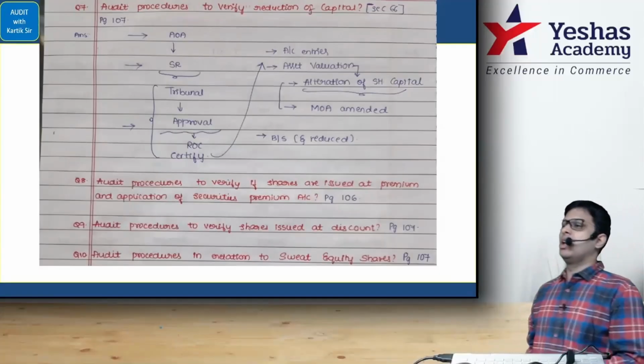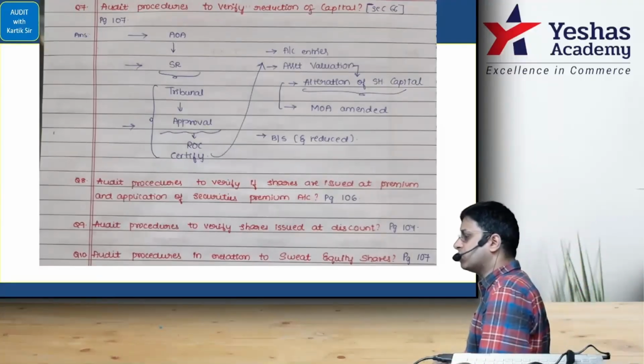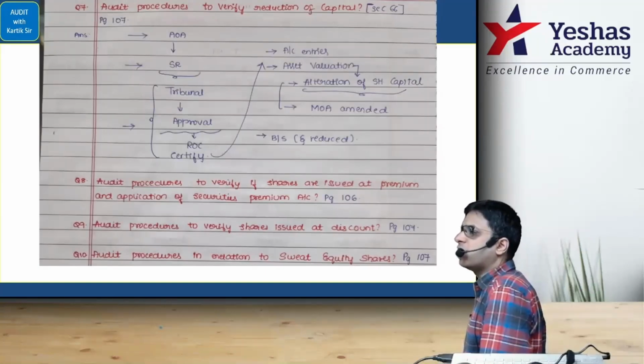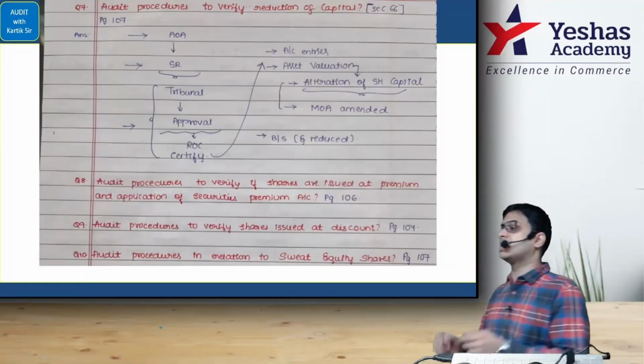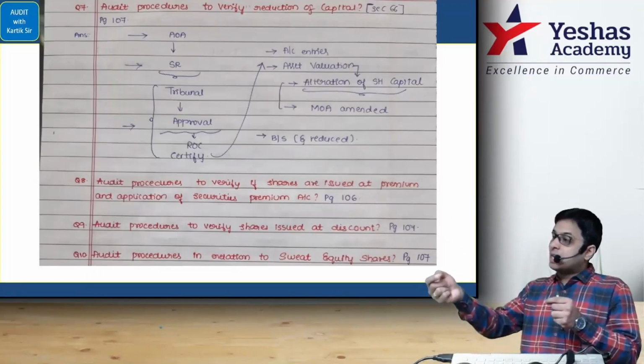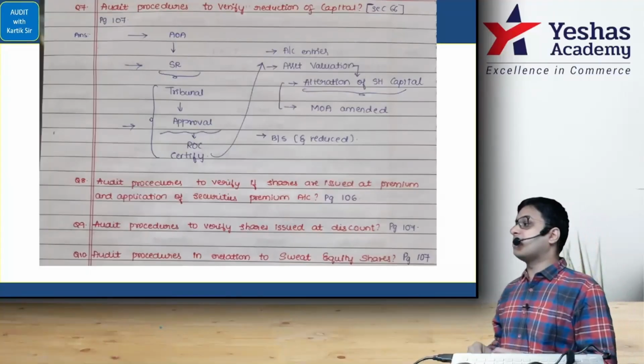Look here. Reduction of share capital is a section in your Companies Act which you learn in the law syllabus. Reduction of share capital, Section 66. I told you about this earlier. Also, I was teaching you a point when I was teaching you risk assessment: significant risk can be because of non-routine matters and judgmental matters. For judgmental matters, I gave you an example regarding interpretation.